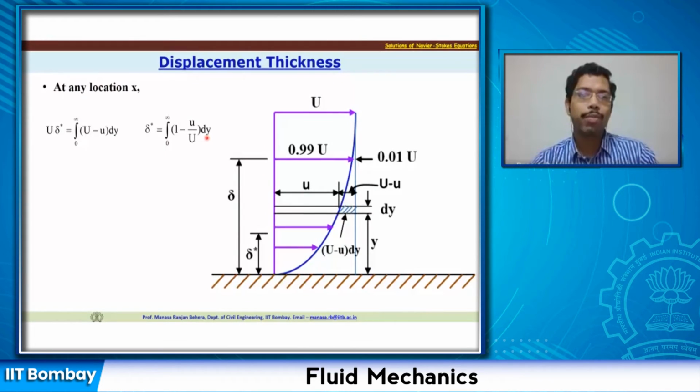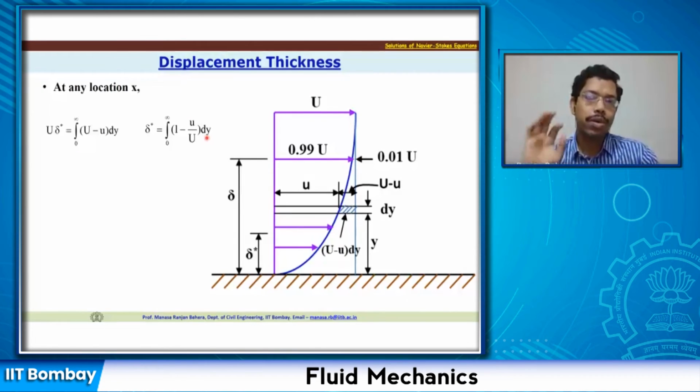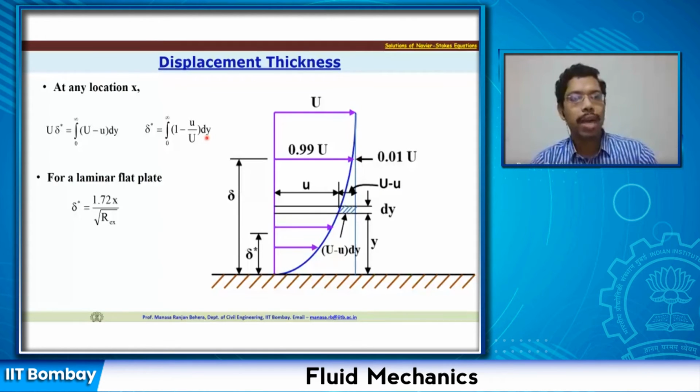We are stopping it at 0.99 U. So based on that, we can also integrate up to only delta. But we don't know where delta is, so you keep taking it all the way up to the top of the flow, and you will be able to derive for the laminar plate,